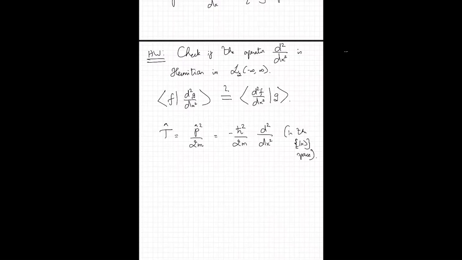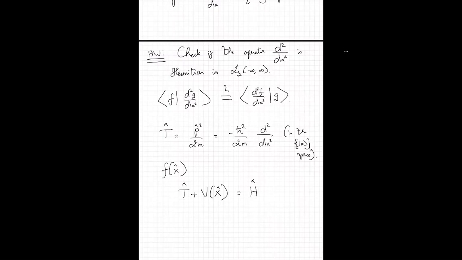So since this is Hermitian and any function of X is trivially Hermitian, I can write any function of X operator. The X operator is Hermitian, as you can easily check for yourself, because there are no associated problems with it. I can add the T operator to any function of X. I will call this function of X some V of X. This operator is actually Hermitian,